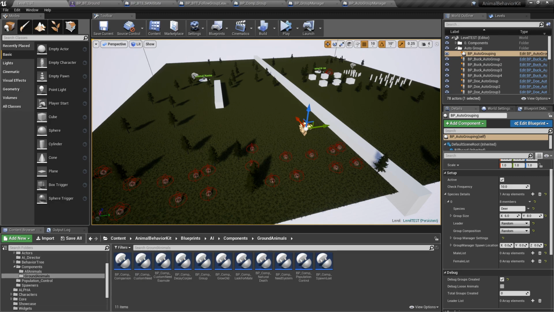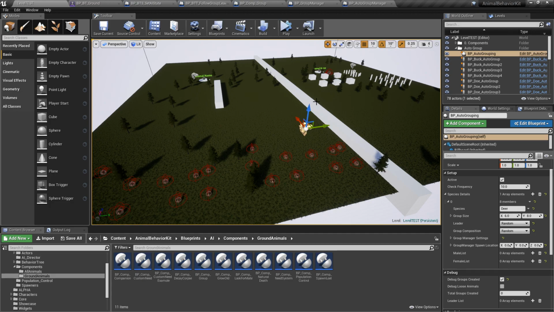And I've been hacking away at this for a few days, just trying to figure out the best way of doing this. Because first of all, I wanted it to not only work with population control, but I wanted it to work just normally, for your own game. Instead of having to manually select all the groups in your scene, if you have a really big level, maybe you can use this system to automatically add some randomness to the groups, right? So I wanted it to work that way and also be expandable for later use if I ever wanted to include even more features. So what I have here is a completely separate blueprint that you drop in your level,